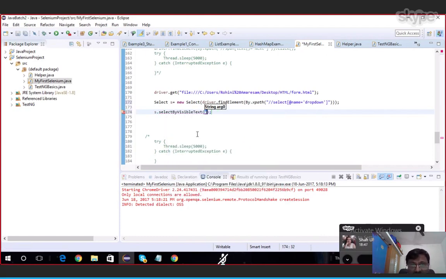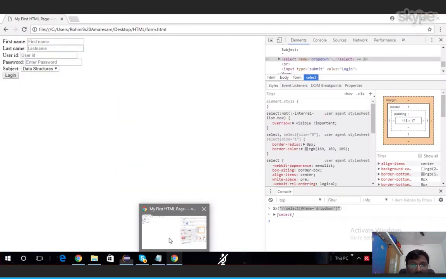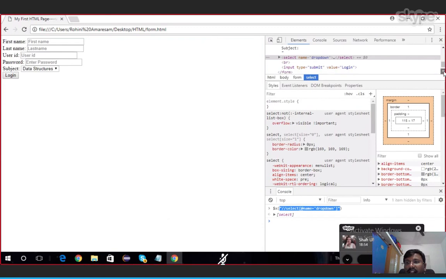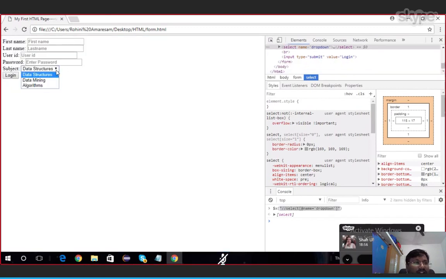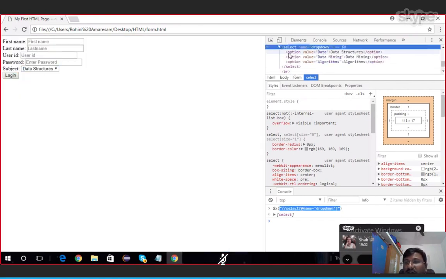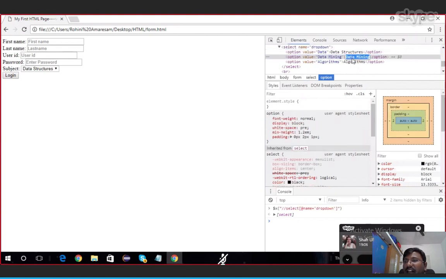Select by visible text. See here, when you see the code, these are the supported values: data structures, data mining, algorithms. If you look inside, the option tags contain all of those. I want to select data mining.